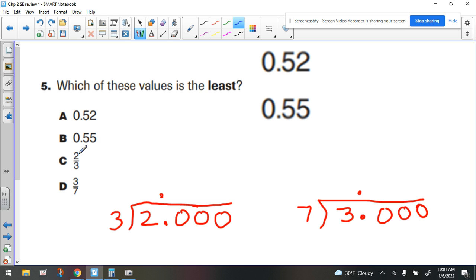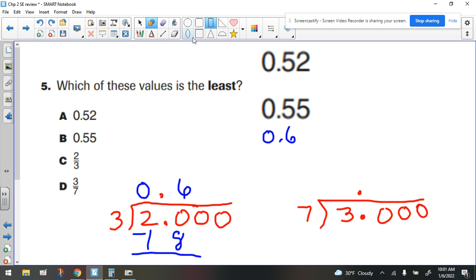To find the decimal equivalent of 2/3, we have to take 2 and divide it by 3. Remember, it's always the numerator divided by the denominator. Now, if we go, 3 will not go into 2, but it would go into 26 times. And even without finishing this, you should be able to tell that 6/10, when we compare just the tens place,